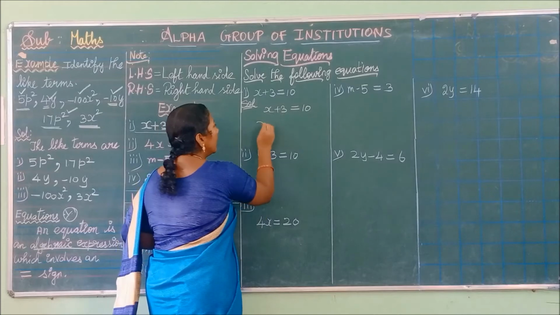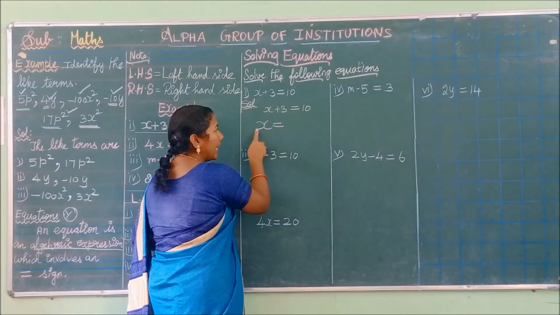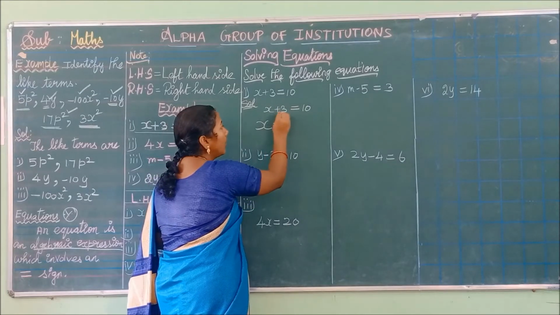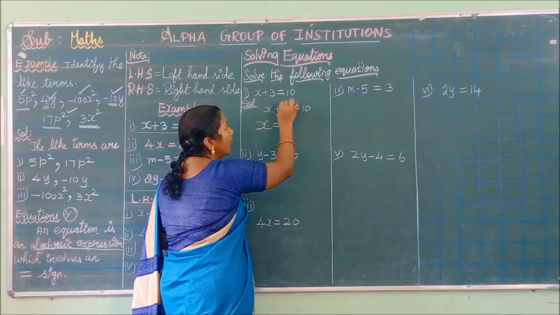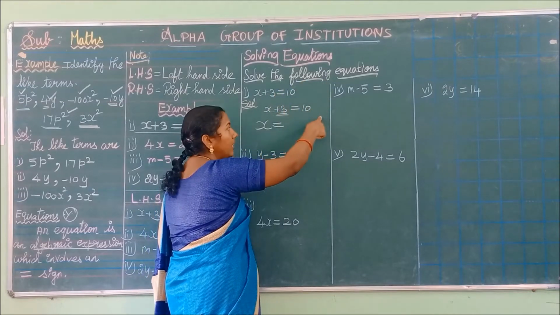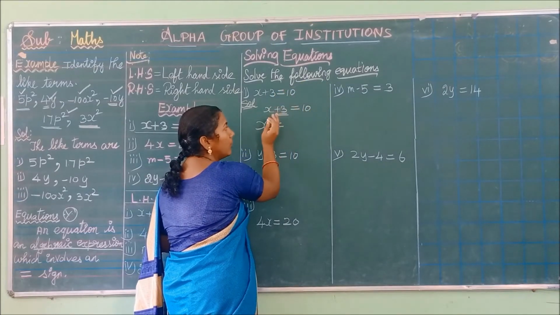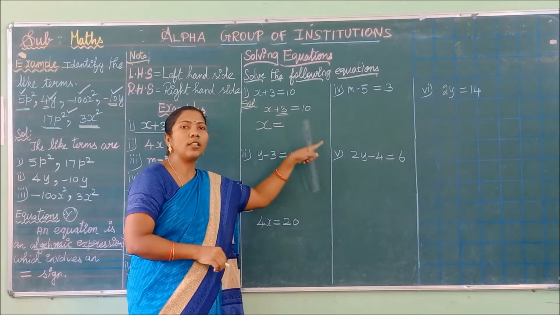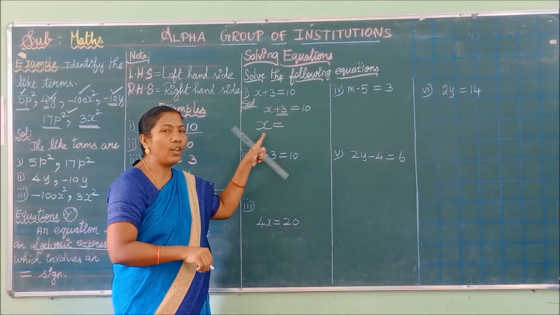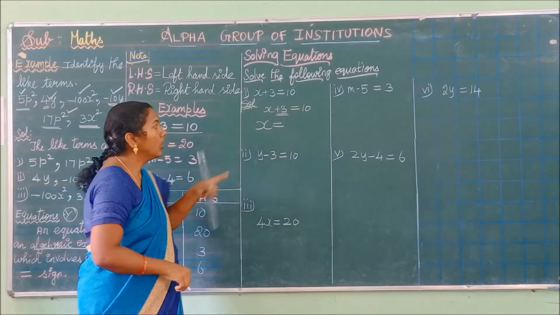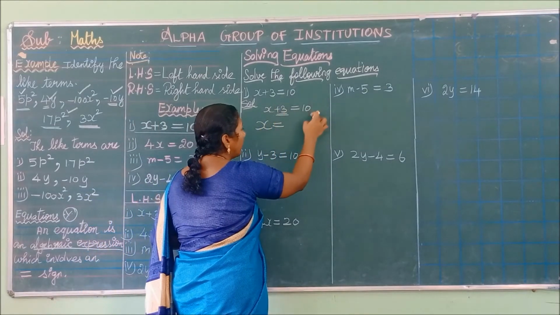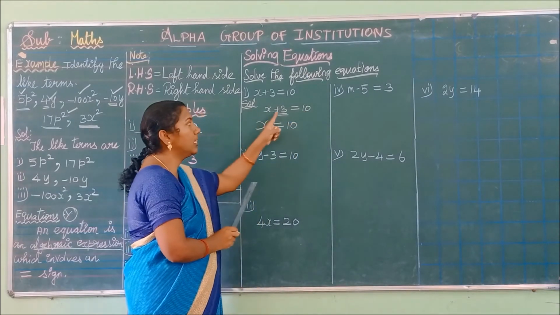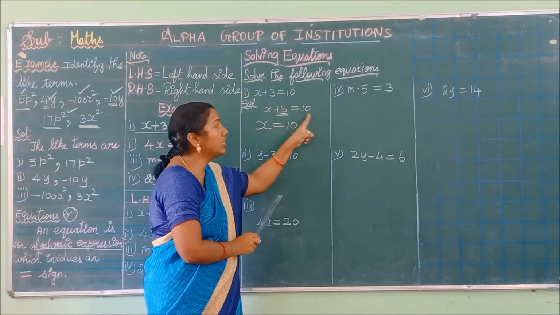So it is reversed as, listen carefully, x = ... Why are we writing x equal to here? Because we are transposing the 3 from the left hand side to the right hand side. We are bringing this 3 from the left hand side to the right hand side. Why are we bringing this 3 from one side to another side? In order to find the value of x. Now we are writing this 3 on the right hand side. So first you write the 10, and then you write this plus 3 as, what is the rule we have to follow?